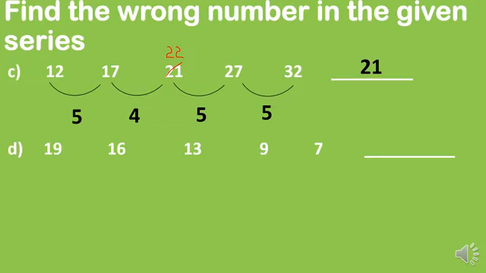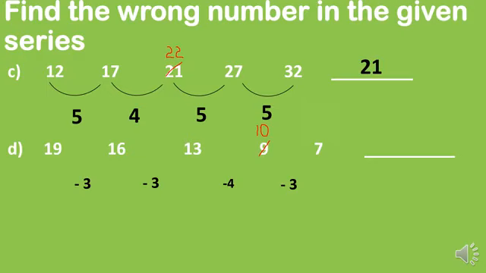Or you can minus from 19. You can do 19 minus 3 is equal to 16. It means minus 3. 16 and 13, there is also minus 3. 13 minus 3 is equal to 9. Is it? It should be minus 3. So it should be here 10. But as it is minus 4. 10 minus 3. So there is the gap of 3 numbers in reverse.